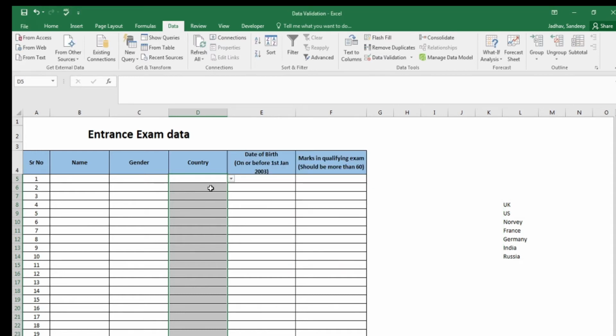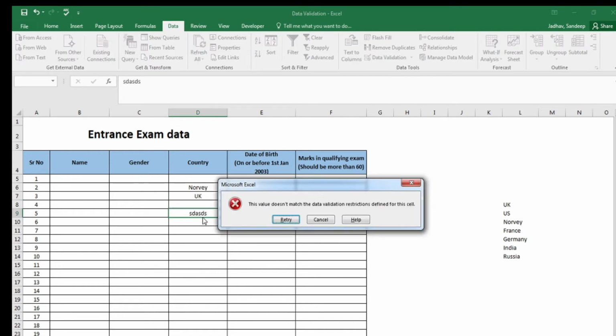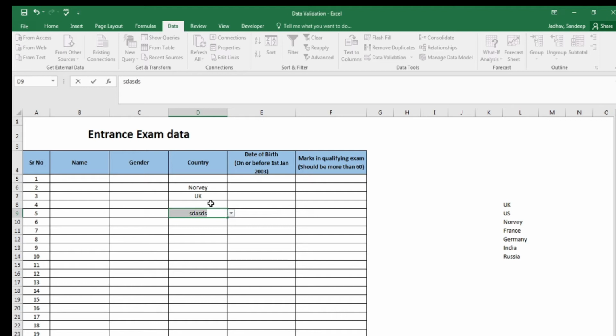If you can see here, the list is created, the drop-down is created. Under that, all the list of the countries is available. Now they have to select the country from here. They will not be able to type anything over here. It will give the error. Right? So we have created the list for the country as well. So this restriction has been put up over there.